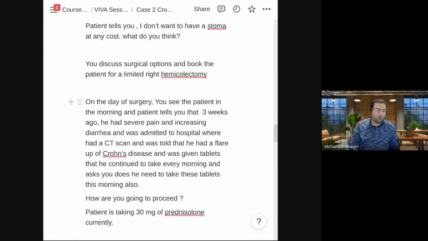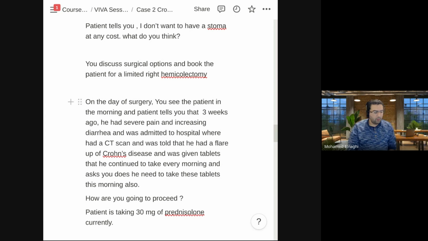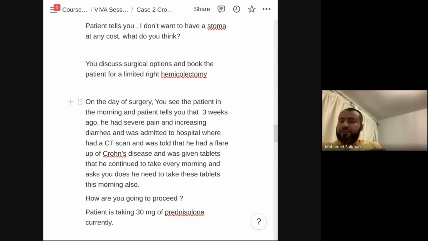So what do you mean by high dose steroids? It is more than 25 milligrams per day. Okay, so why would this have an impact on the surgery? There is risk from the anesthetic, he might go into adrenal crisis after surgery if the steroids are not properly replaced, and there is risk of wound complication, burst abdomen, wound dehiscence, and infective